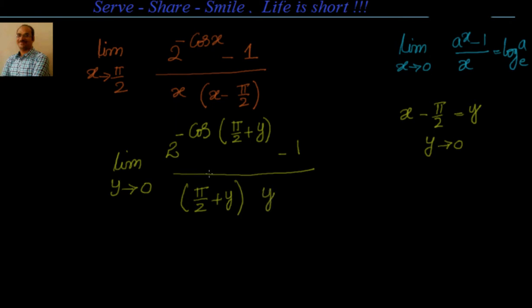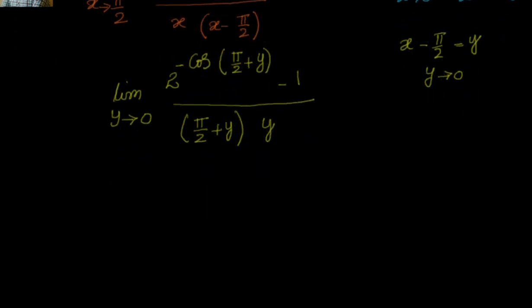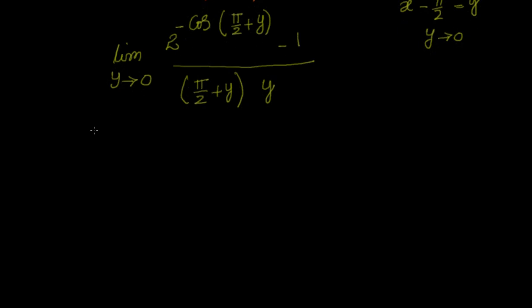So somehow we have to use the formula x tends to 0, a power x minus 1 by x. Here a is equal to 2 and x is minus of cos of pi by 2 plus y. So let us see what is cos of pi by 2 plus y. So the next step will be